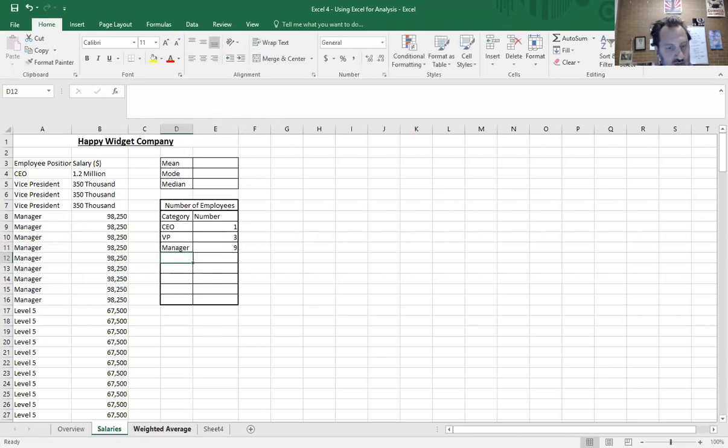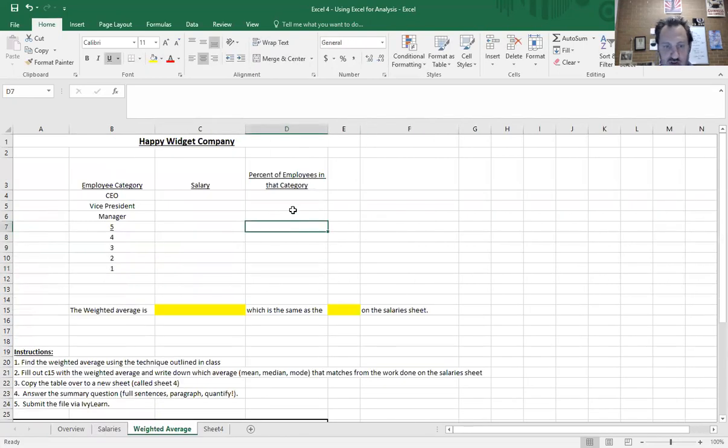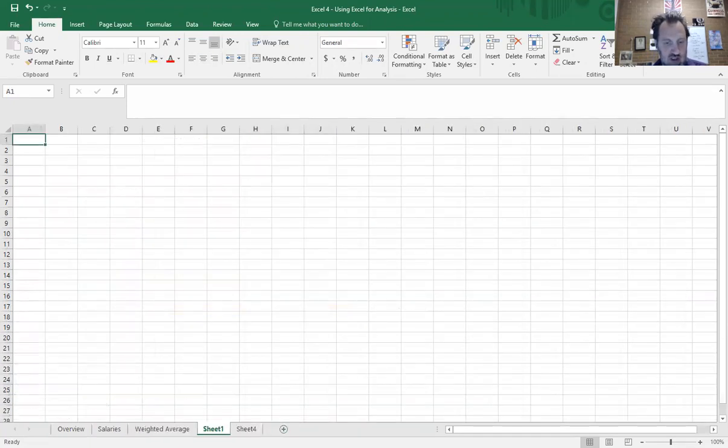Now, to do the weighted average, we're going to use the scaffolding that we did in class. So now again, I got to kind of show you a model of this so that I don't do this work for you. So I'm going to give you a couple of sheets here. We're going to make up some numbers. This is Ben's company. Okay, and we've got level 1, level 2, level 3, level 4. Okay, so let's say that there are 32 of these people, 45 of these people, 67 of those people, 89